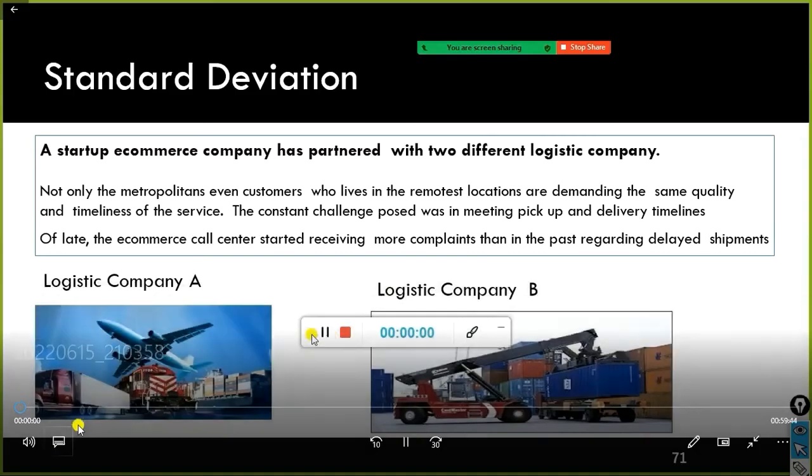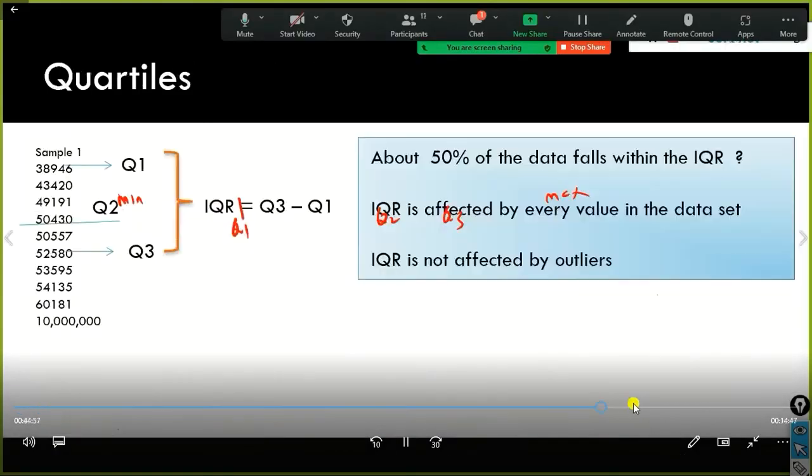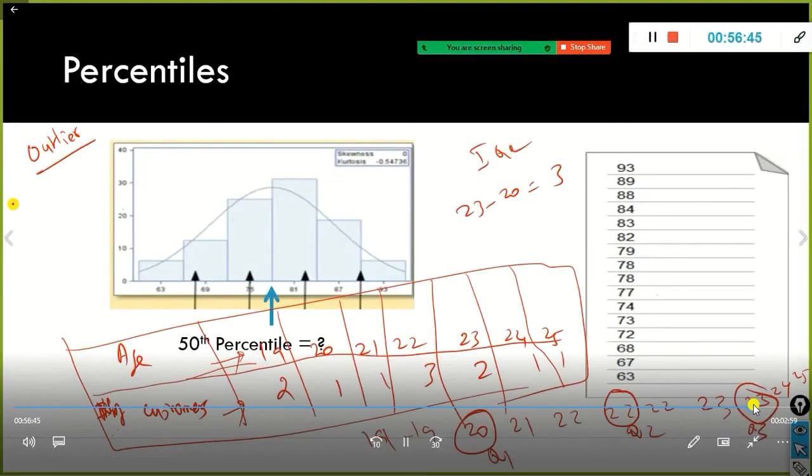Over standard deviation. So now quartile, which is nothing but